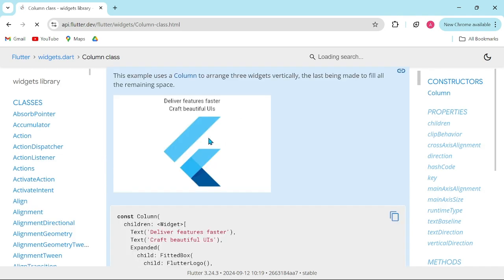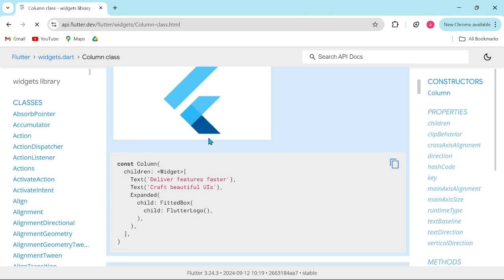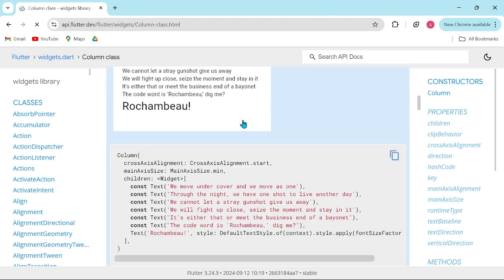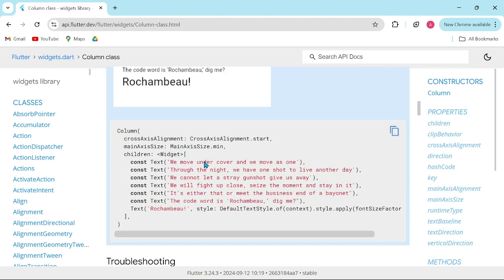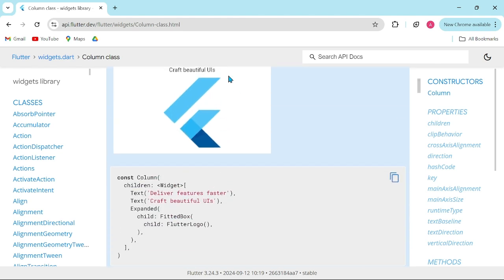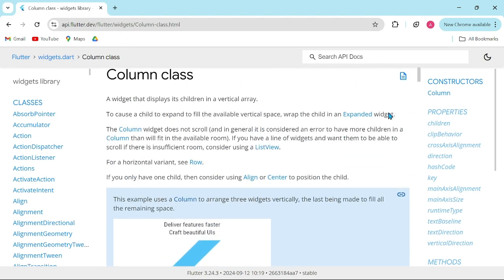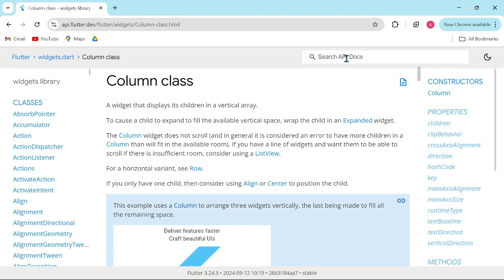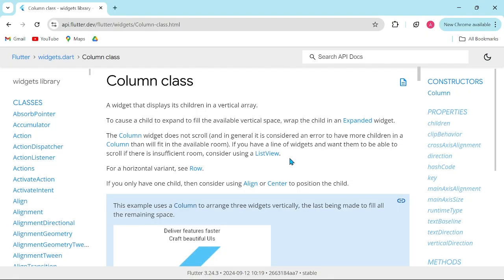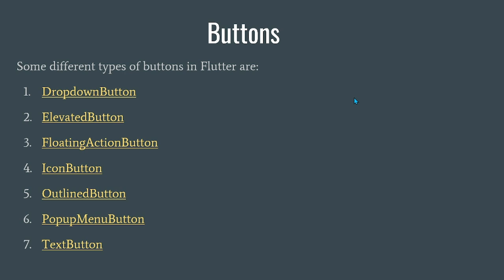So you can see there's documentation on what each widget does, how it would look when you implement it in your app, how to implement them, and all that. You can check out this documentation as well for the different widgets, because there are many more widgets present in Flutter, not just these few widgets. So feel free to explore the different widgets that are present. So anyways, coming back,